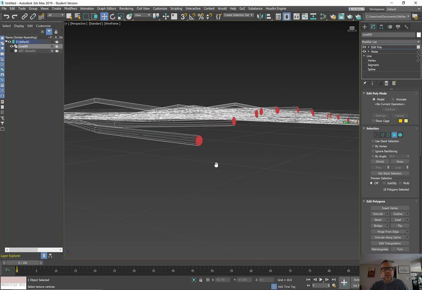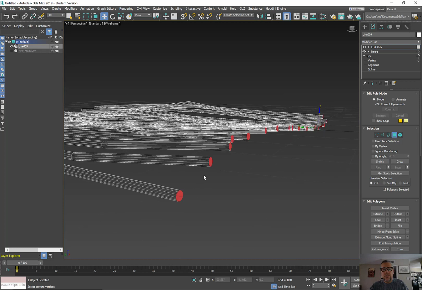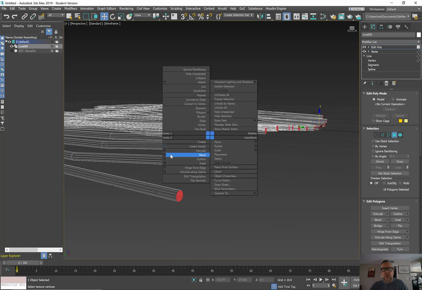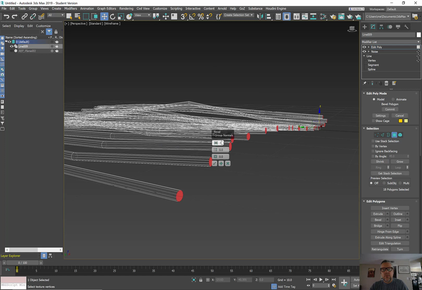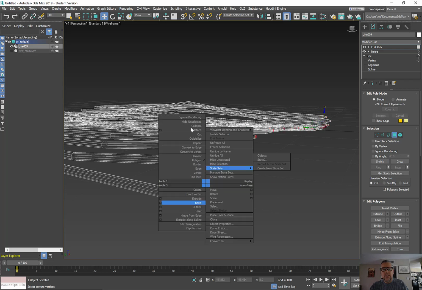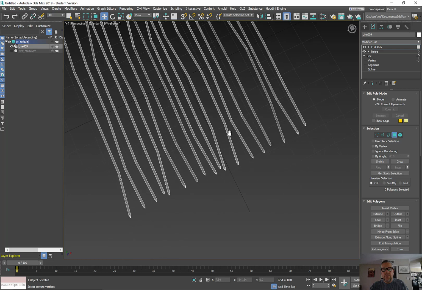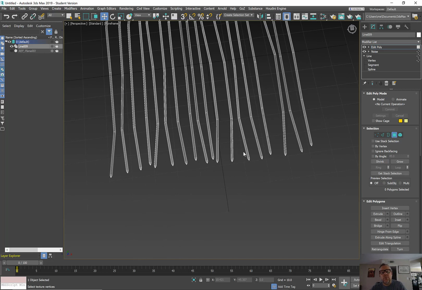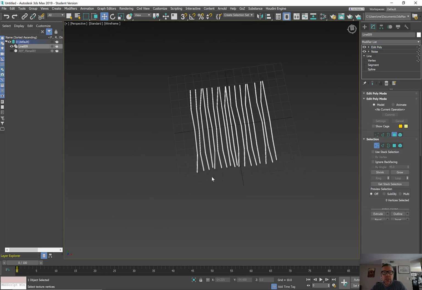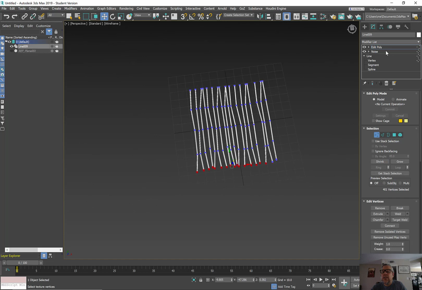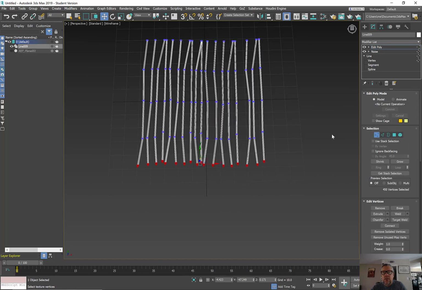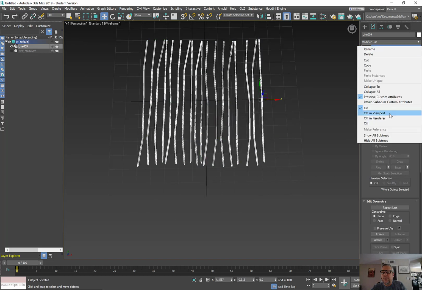Now that I have that, what I can do here is do a quick bevel. Plus, I hit OK, and then I can just collapse all of those. So now I have a little bit cleaner, it has a little bit more of a natural tip to it. I can grab these vertices now that I have that poly. Let's go ahead and, at this point, collapse to